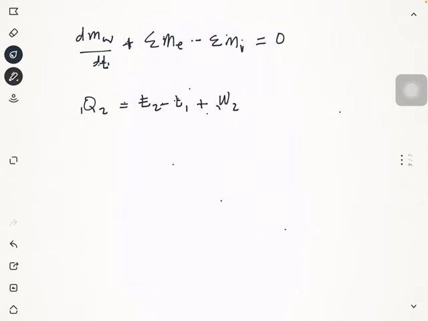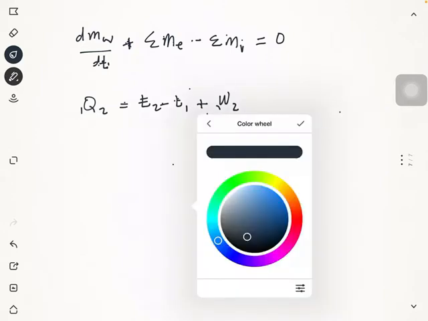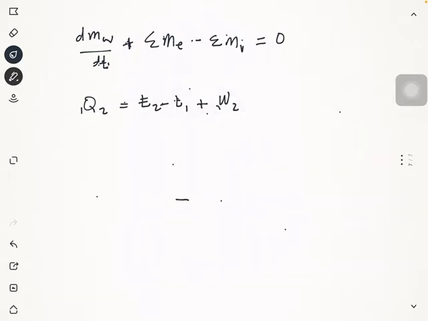Since you know this equation from our previous discussion, we take the inexact differential of Q with respect to time, which equals E2 minus E1,